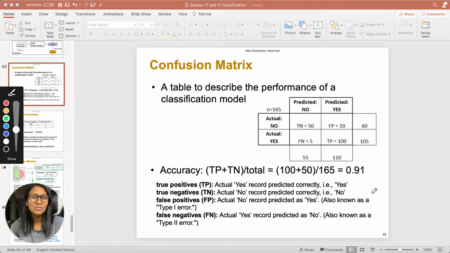But you also see that there are errors in my model. Errors are either false positives or false negatives. False negatives correspond to observations where my actual value is yes, but falsely my predicted value is no. This is 5 in this example. Similarly, false positives are where my actual was no but I have predicted a yes, which is 10 in this example. So these are the 2 types of error that can be there in my prediction. Either it's a false positive or it's a false negative.